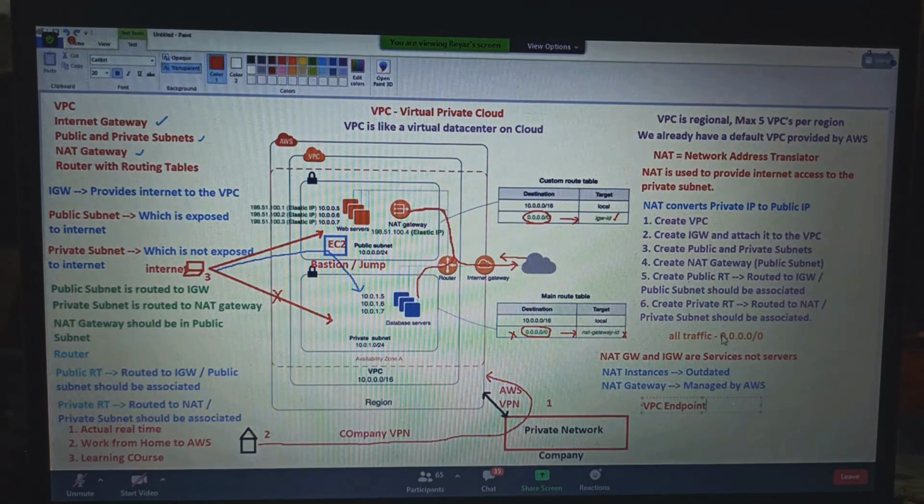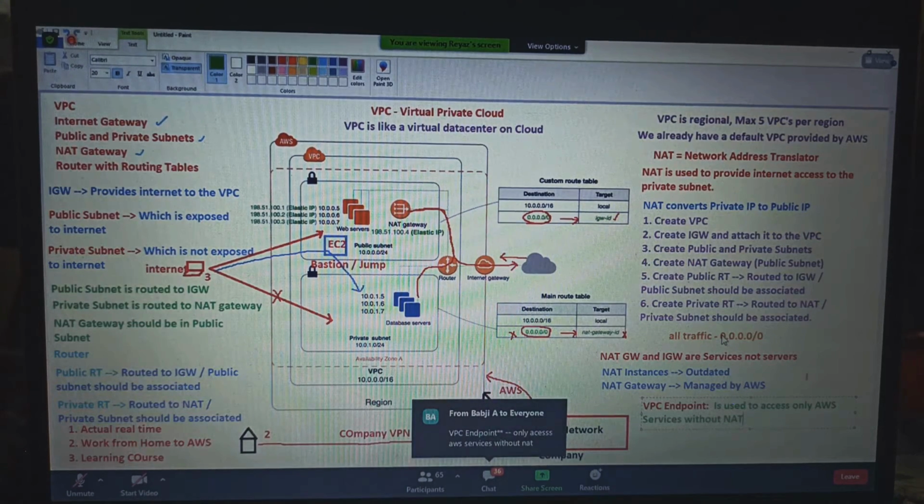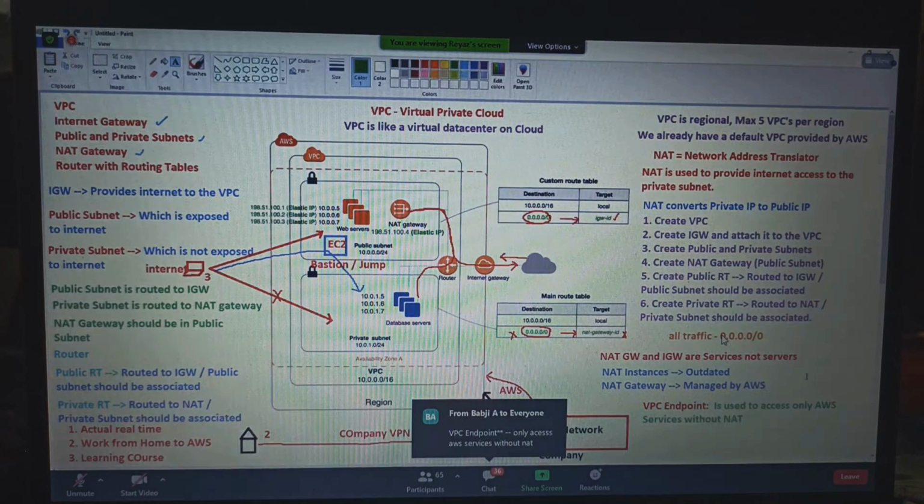VPC endpoint is used to access only AWS services without NAT. So if you want to access only AWS services without NAT, then go with the VPC endpoint concept.